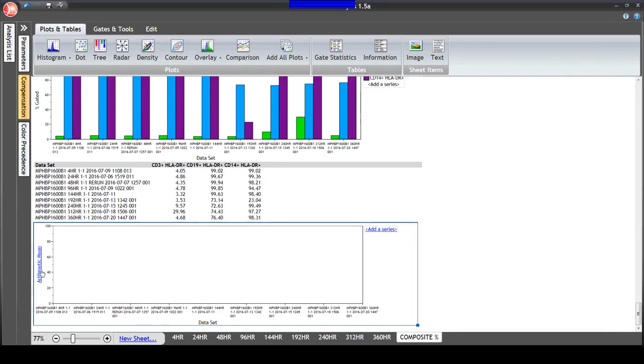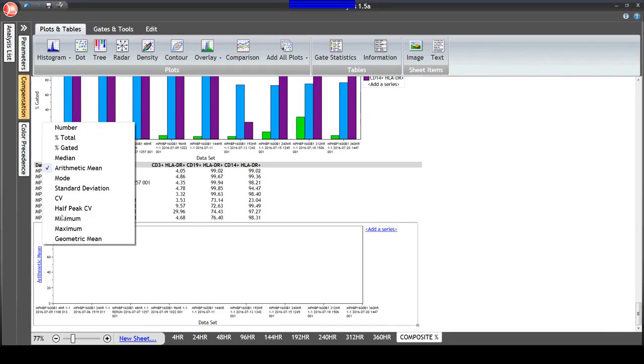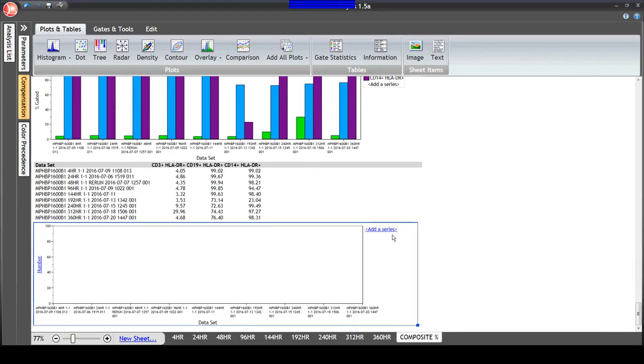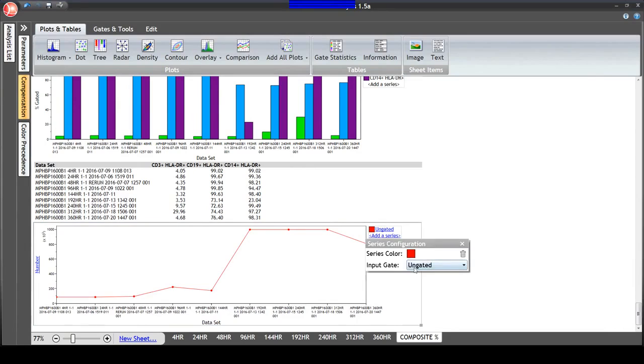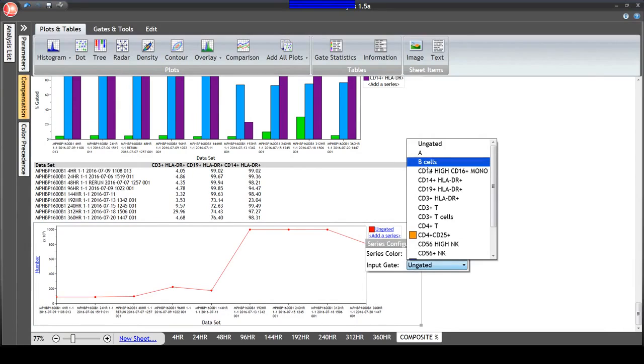So here's my data set, 9 data points. I want to measure the mean of the population, the deviation of the population, the percent gated, etc. So let's just choose the